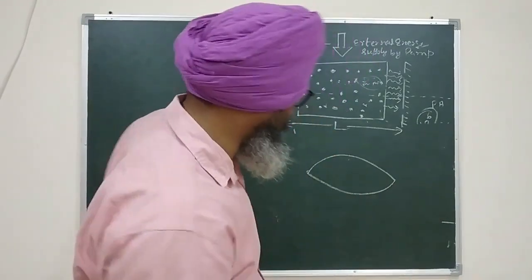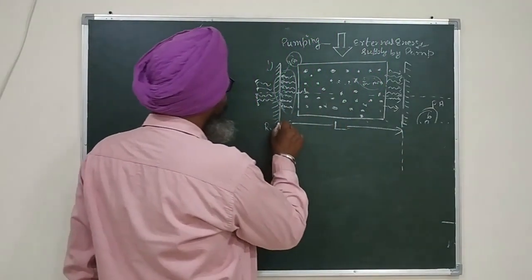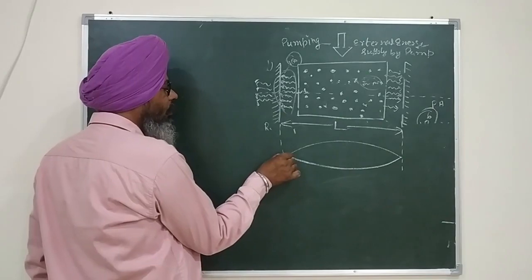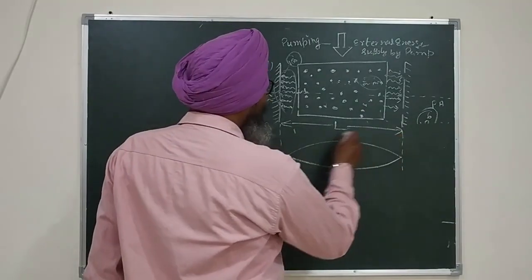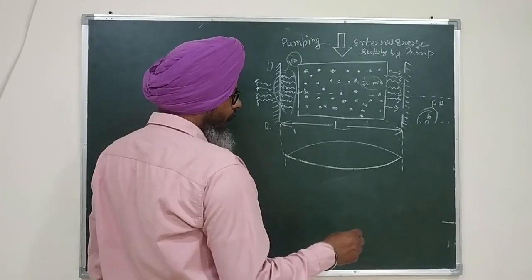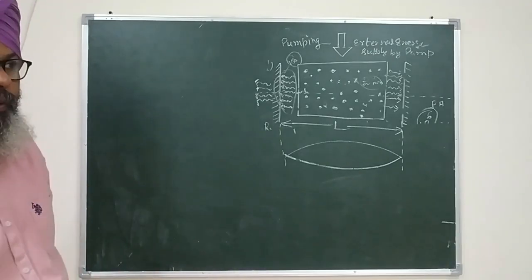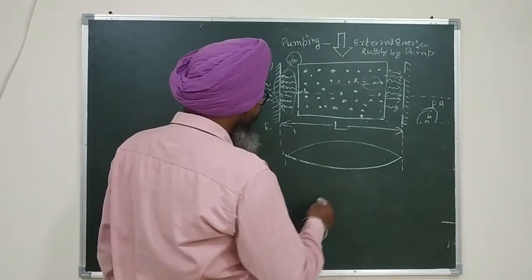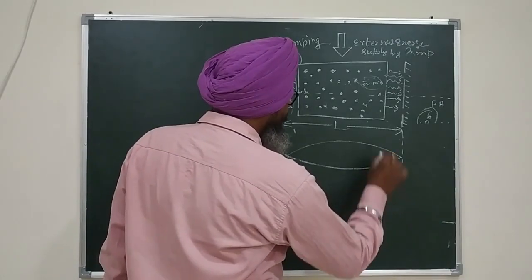Sorry, I drew it wrong. So this is the first end, this is the second end. The smallest pattern of the stationary wave that can be formed within the two mirrors is this one. Within the length L, since only one loop is formed, I assume all the students attending this lecture have sufficient knowledge of waves from secondary school. They must know that if one loop is formed, it is a half wave, therefore this distance will be lambda by 2.